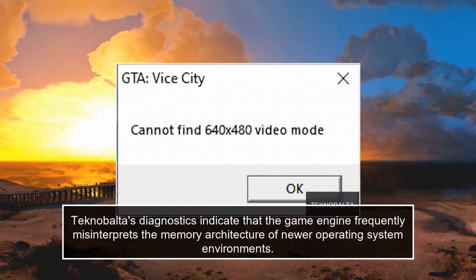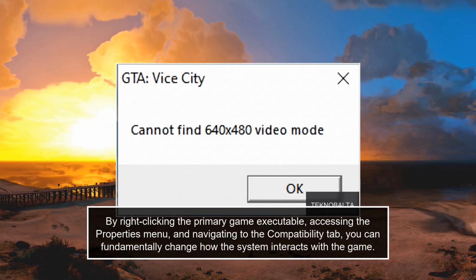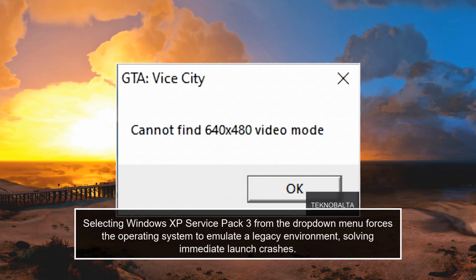Teknobalta's diagnostics indicate that the game engine frequently misinterprets the memory architecture of newer operating system environments. By right-clicking the primary game executable, accessing the Properties menu, and navigating to the Compatibility tab, you can fundamentally change how the system interacts with the game. Selecting Windows XP Service Pack 3 from the drop-down menu forces the operating system to emulate a legacy environment, solving